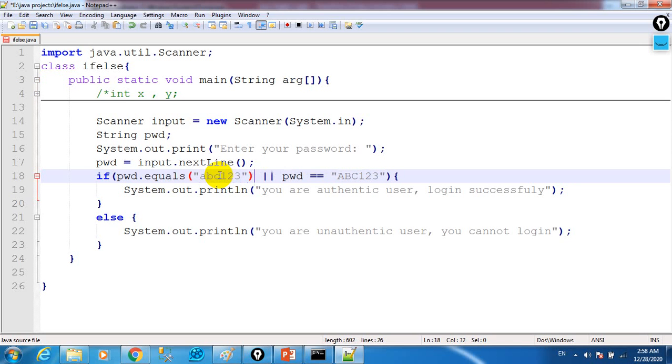abc123. So equals pwd, the value that will be taken by the password variable, if it is equal to abc123 or same value, I will put an equals function. So just like this dot